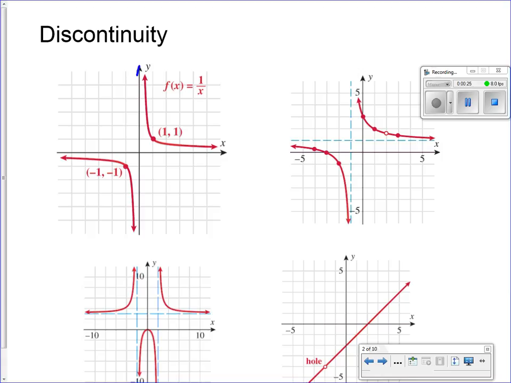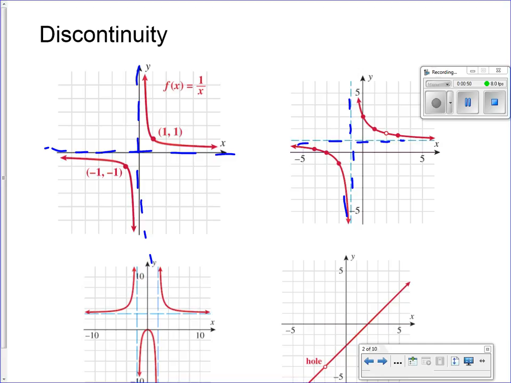In this first one, there's a vertical asymptote right there on the y-axis. There's also a horizontal asymptote right here on the x-axis. So that's what we mean when we say we're looking for the asymptotes. Notice that the asymptotes don't have to be on the axes. They can be elsewhere. They're always sketched with dotted lines so that we know they're not a part of the